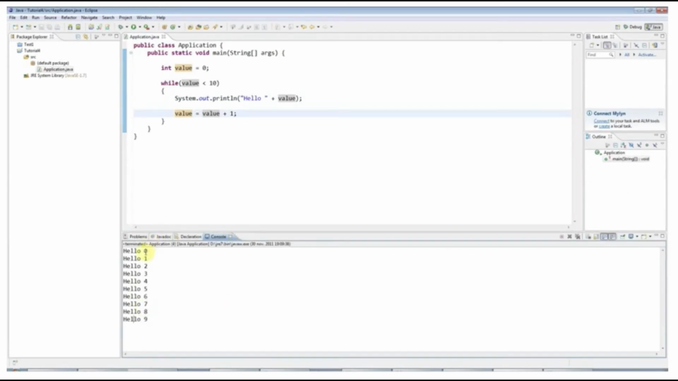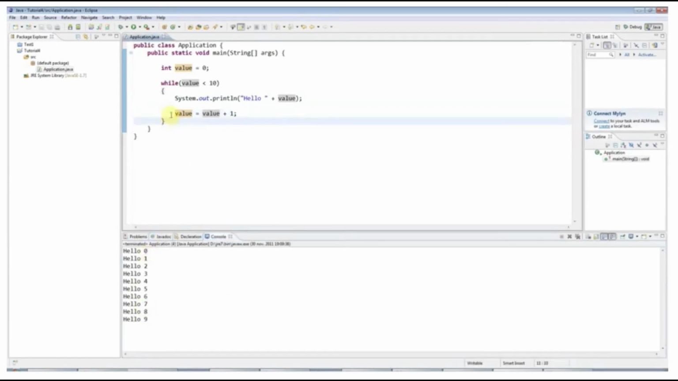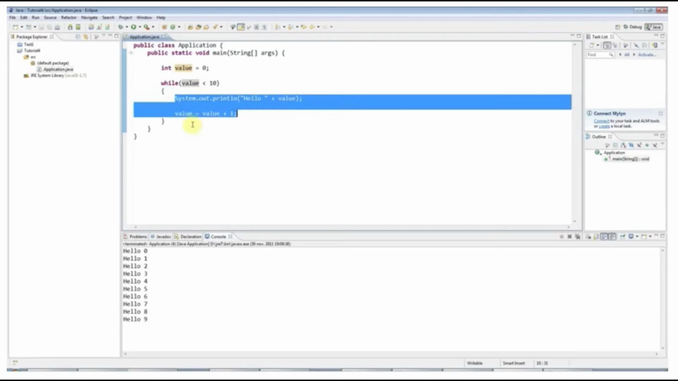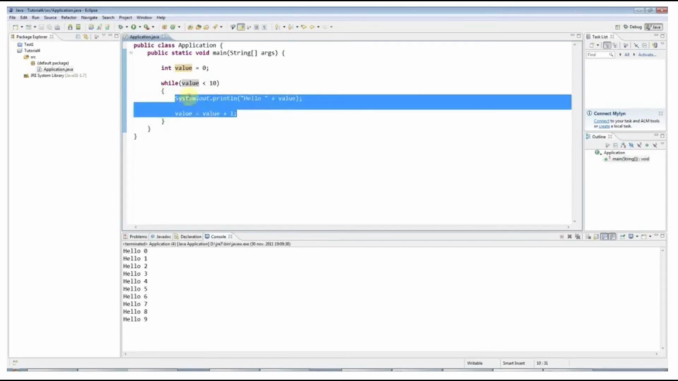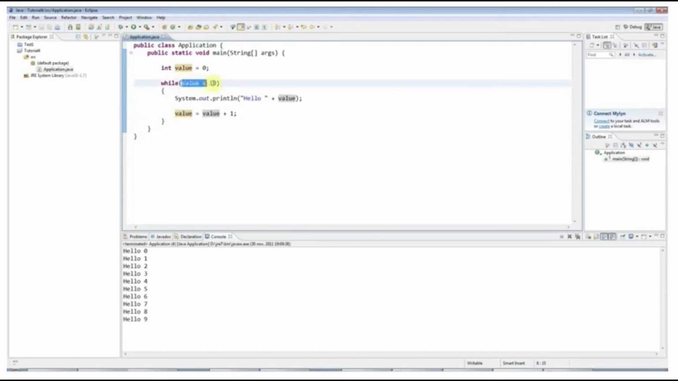is outputted 10 times. So the structure of this is we've got here a keyword, while, and this is a condition which is in round brackets after the keyword, and then after that you've got a pair of curly brackets, and your code that you want to execute repeatedly goes in here. And of course you need something in here that will gradually count up the loop and eventually make this condition